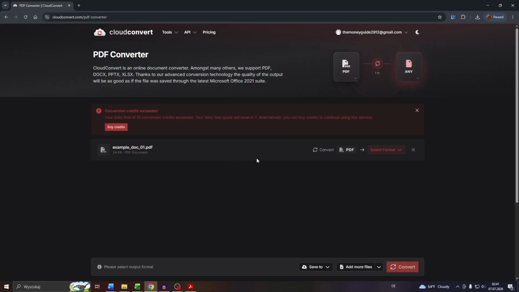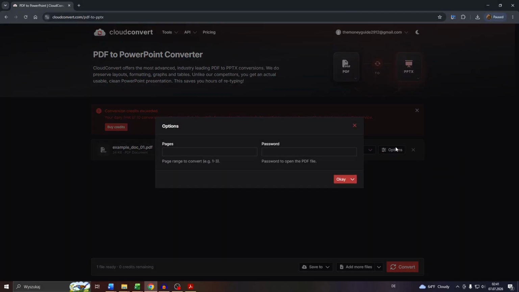As you can see, I can't upload any files anymore because my daily limit has been reached. But if you can do this, guys, you will see the uploaded file here. Select the output file format there, which in this case would be presentation. So hover your mouse over it, select PPTX, click into options, and select the number of pages you would like